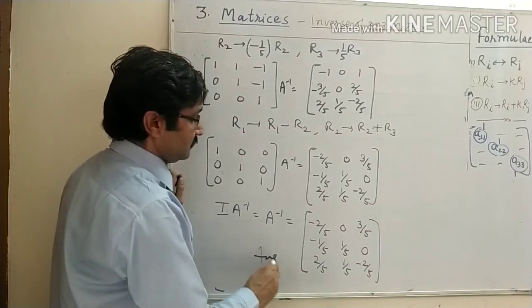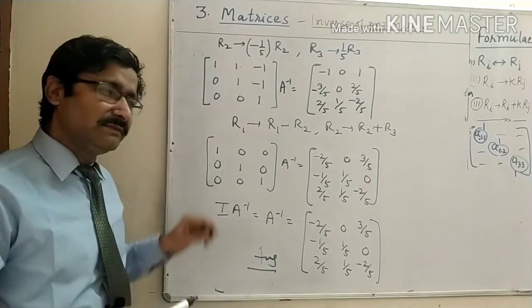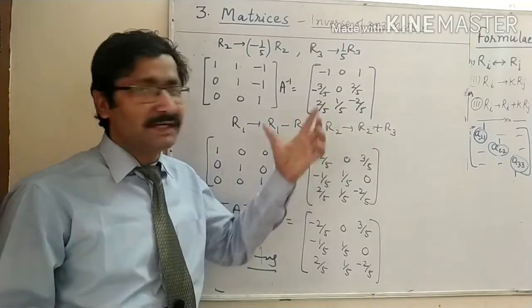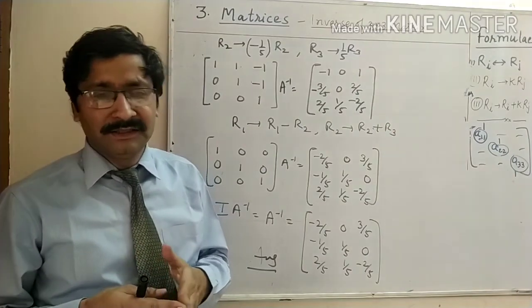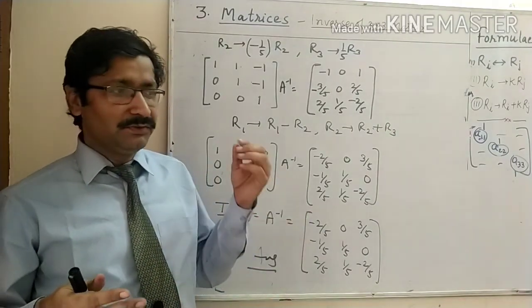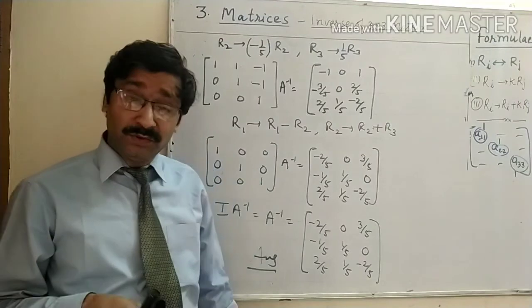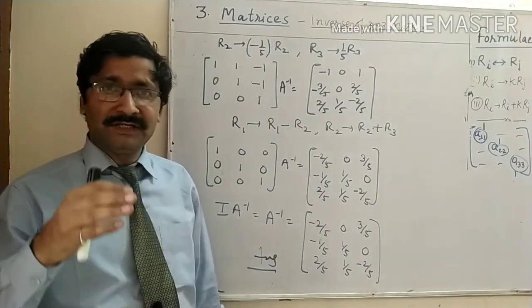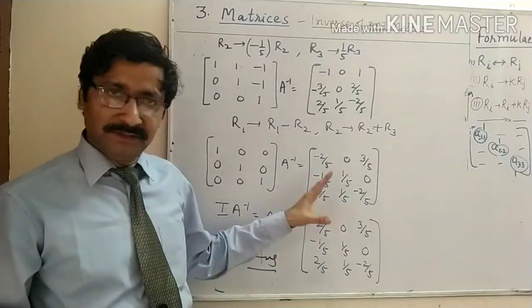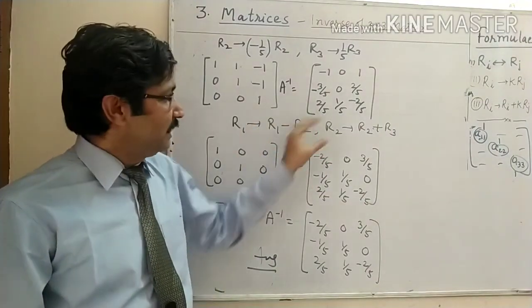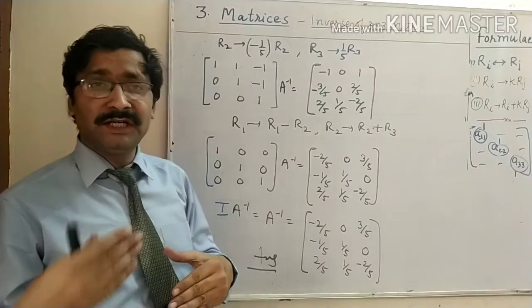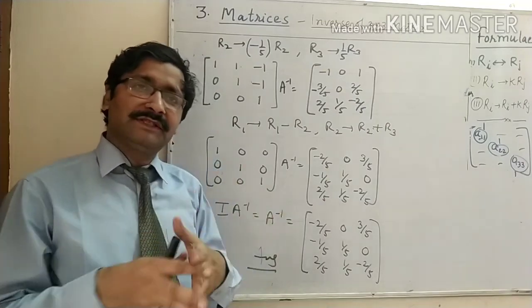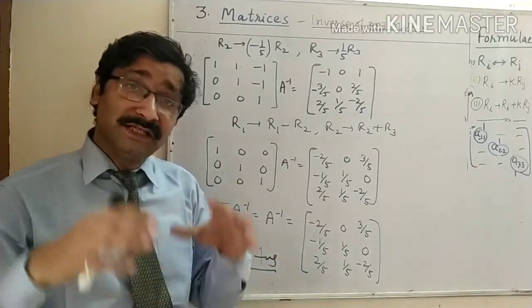This is your answer, and this method is somewhat complicated. Why? Because here the main problem is the subtraction and addition, the fractions you have to add. That is the problem. If you make a minor mistake anywhere, the whole solution will be wrong. So be careful, and do this question at least 2-3 times yourself. You can write the operations, keep blank space and do the same question yourself at least 2-3 times, so you will understand. And if you can do it 3 times correctly, you will not make a mistake in any question.